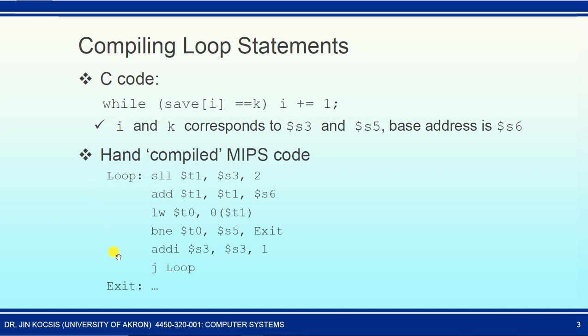However, this is not that efficient. One reason is that we have a jump inside the loop. In other words, no matter how many times you need to implement the loop, you need to implement exactly the same number of jumps. For example, if you implement the loop 1,000 times, you will implement 1,000